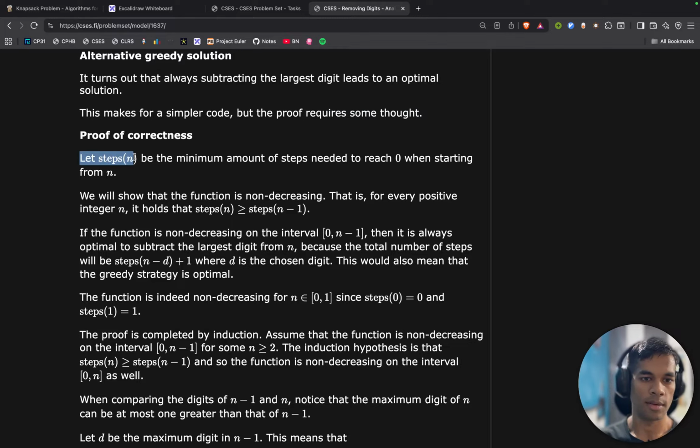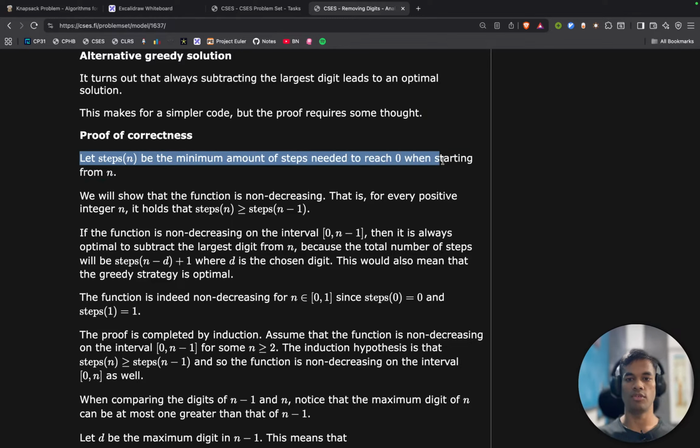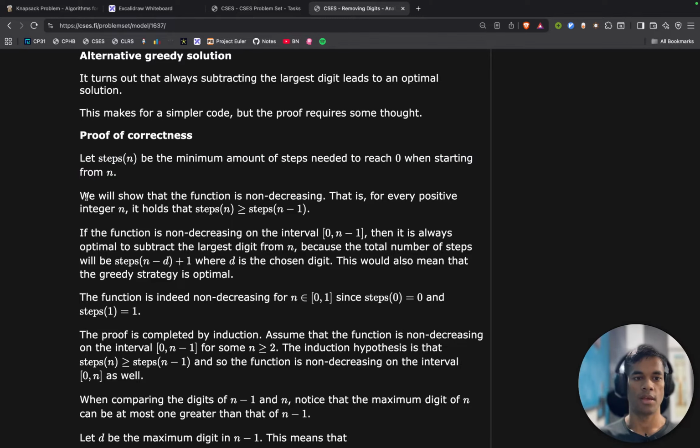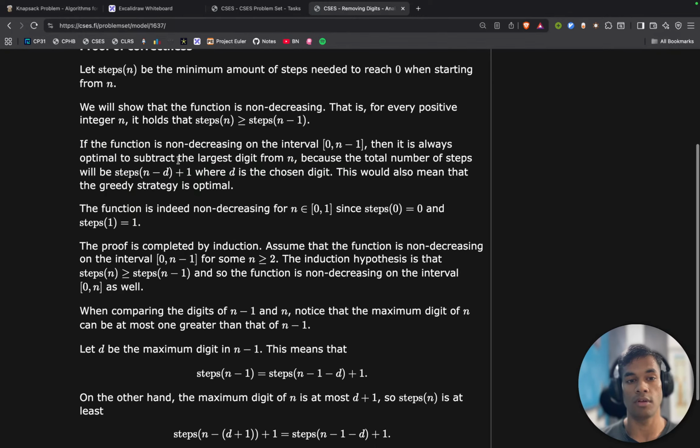Let step n be the minimum number of steps needed to reach 0 when starting from n. We will show that the function is decreasing. Yes, if it is monotonously decreasing, then only making the largest jump makes sense. That is, for every positive integer n, it holds that step n minus 1 is always either smaller than or equal to step n. If the function is non-decreasing from 0 till n minus 1,